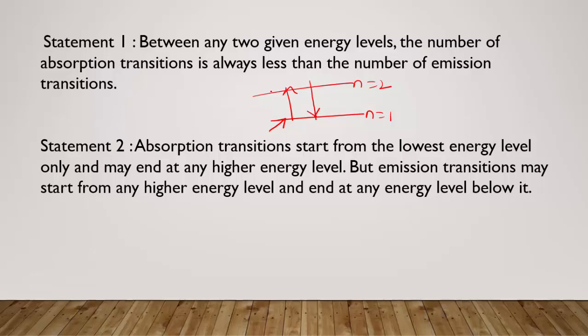Statement 1 is right, statement 2 is right, statement 2 is the correct explanation of statement 1, or assertion is right, reason is right, and reason is the correct explanation of the assertion, then option A is the